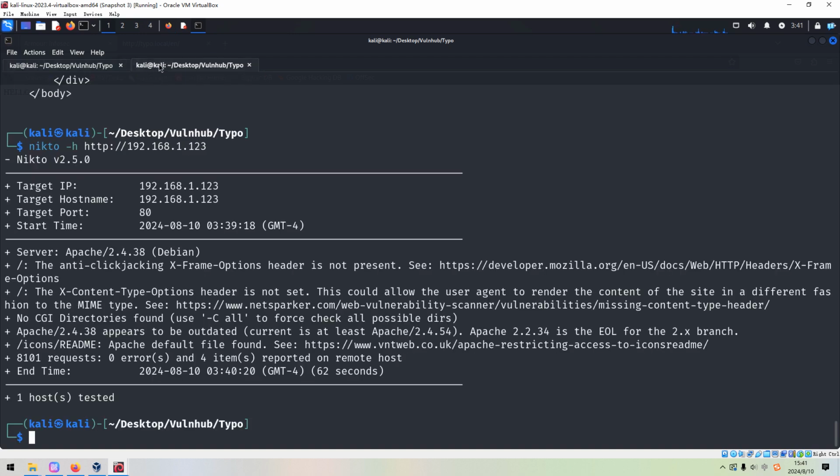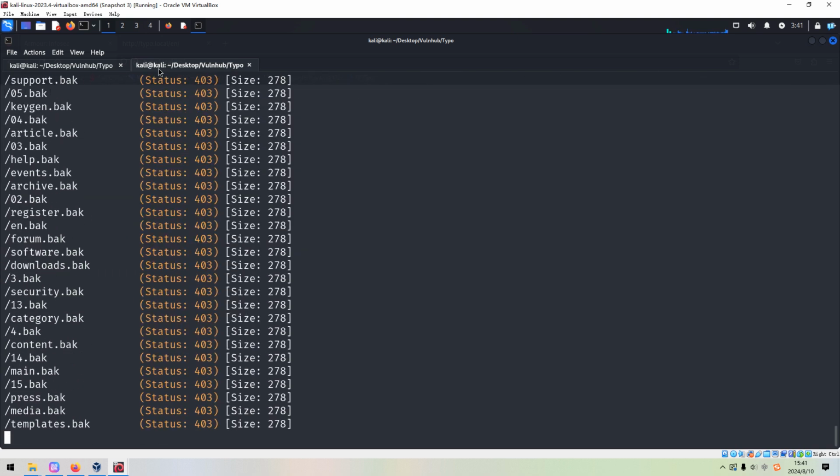So now we can use GoBuster to do the directory enumeration, right? GoBuster directory, with the extension option. Press enter. Oh, a lot of output.